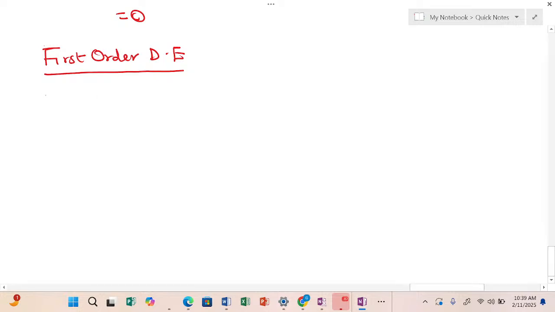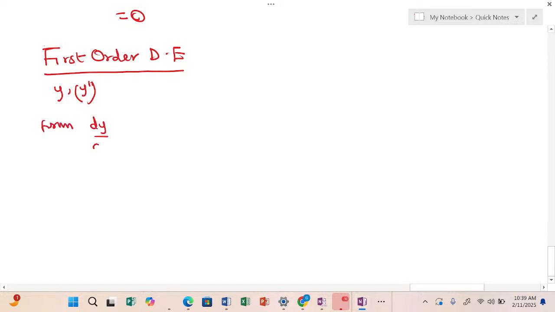As the name suggests, it's of first order, meaning the degree is 1. The degree of y together with y prime is 1. Yes. So that's what we mean by a first order, and it's actually of the form